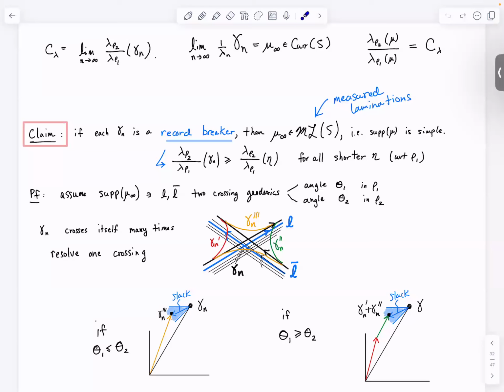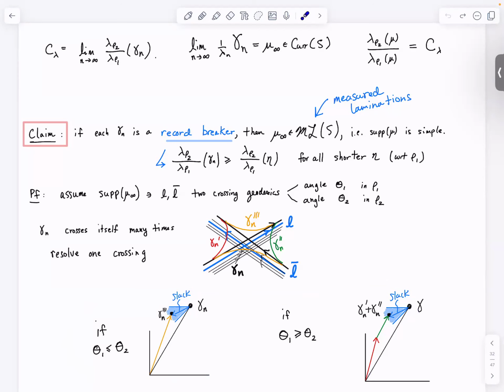And because the support of this limiting current has a crossing, that means that all of the gamma n's cross themselves in almost the same way many, many times. If that didn't happen, then we wouldn't see these geodesics in the support. And so now you can take that really, really long gamma n that's crossing itself in the same way over and over again, and resolve just one of those crossings in the two possible ways, depending on whether θ1 is bigger than or smaller than θ2, and do the same sort of slack calculus argument from before, and see that